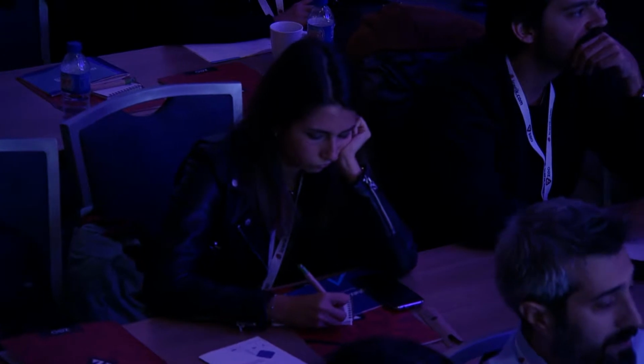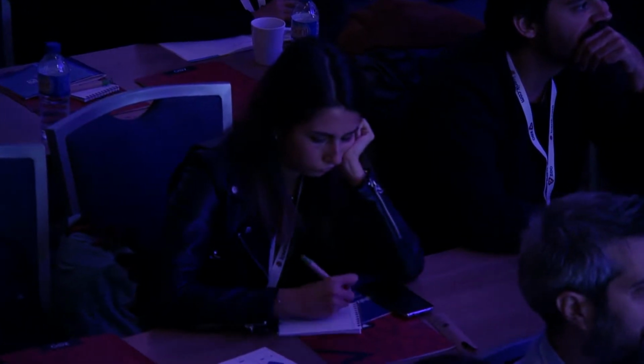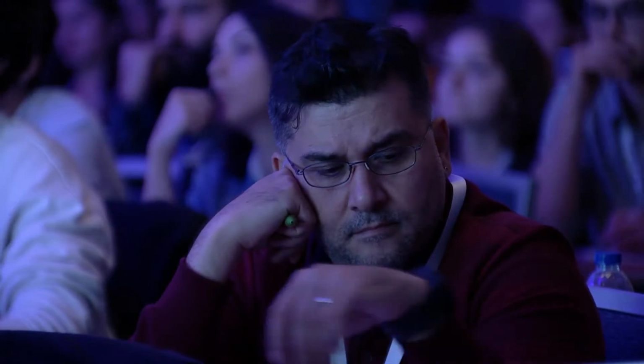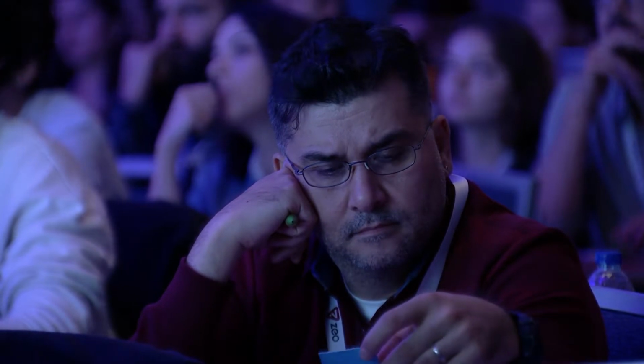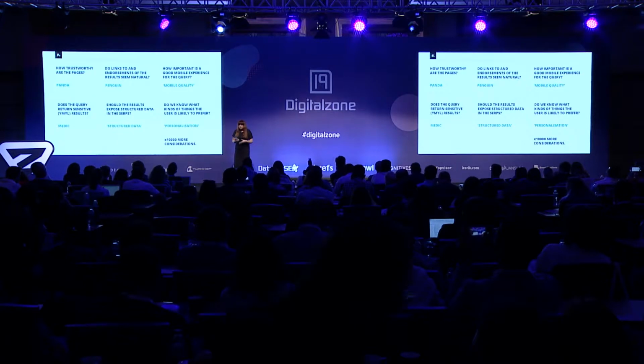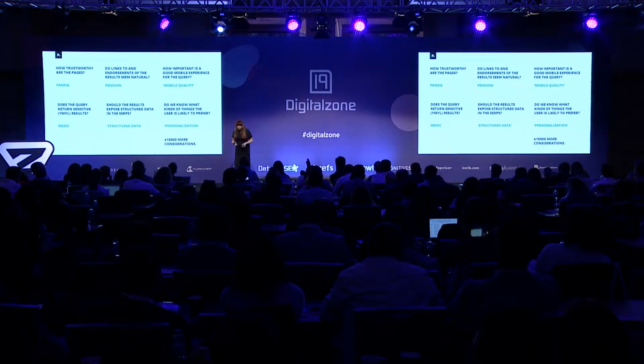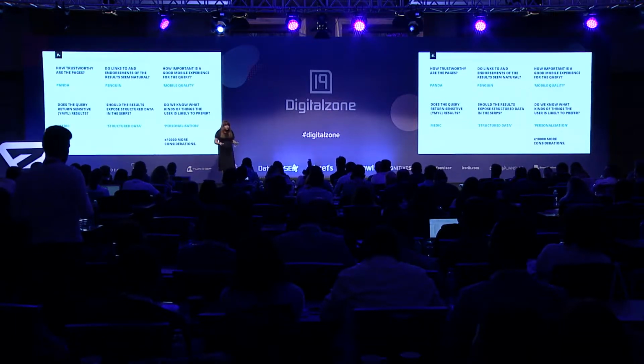Things like timeliness of the content, and whether the query deserves freshness, that doesn't come into account unless it triggers something in the main algorithm to cause that to interact. And there's so many more. When we think about how important a good mobile experience is for the query, well, that only matters on mobile. That's when that bit of the algorithm kicks in. So there's thousands of considerations we have to make when we optimize.